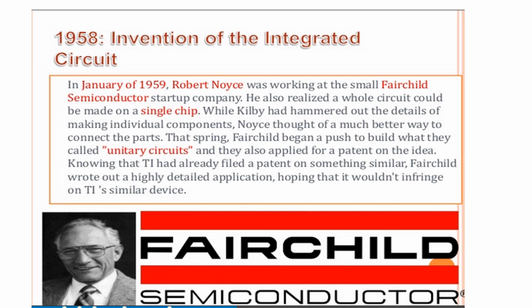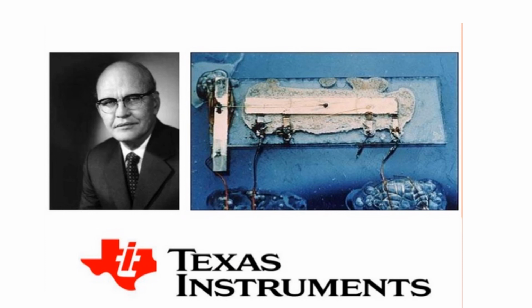So these three or four companies, Fairchild, Texas Instruments, and others, were at that time starting to manufacture or work in this area known as integrated circuits. So this was the first transistor fabricated, the first BJT fabricated by Texas Instruments. This was the picture of that BJT. You can see here three terminals.